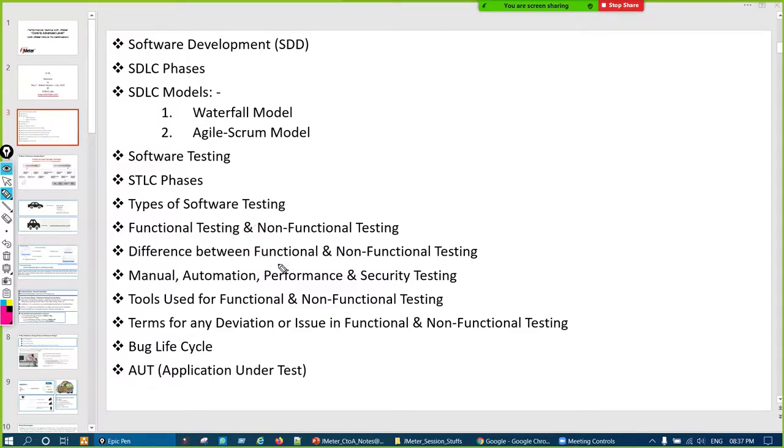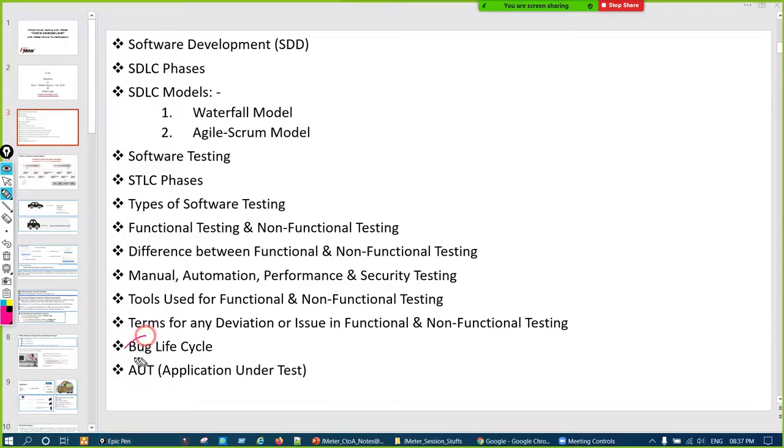Generally these are the domains, especially in testing: manual, automation, performance, and security, right? Manual and automation are part of functional testing, and performance and security testing are part of non-functional testing. And what is the core difference, that we'll see. So these two things I'll discuss.